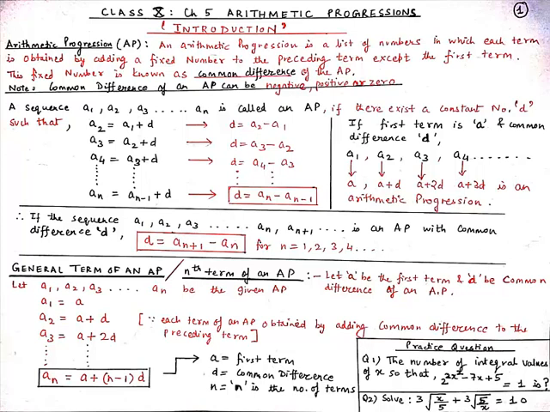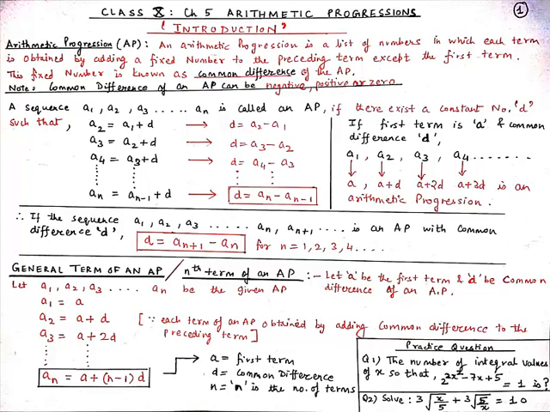So students, in an arithmetic progression, if the first term is A and the common difference is D, then as per our sequence A1, A2, A3, A4 and so on, we know that our first term remains the same. So A1 is equal to A, and now the second term A2 is obtained by adding a fixed number to the preceding term, where the fixed number is the common difference D. So our second term A2 is equal to A plus D, and similarly A3 is equal to A plus 2D and A4 is equal to A plus 3D, and this sequence is an arithmetic progression.